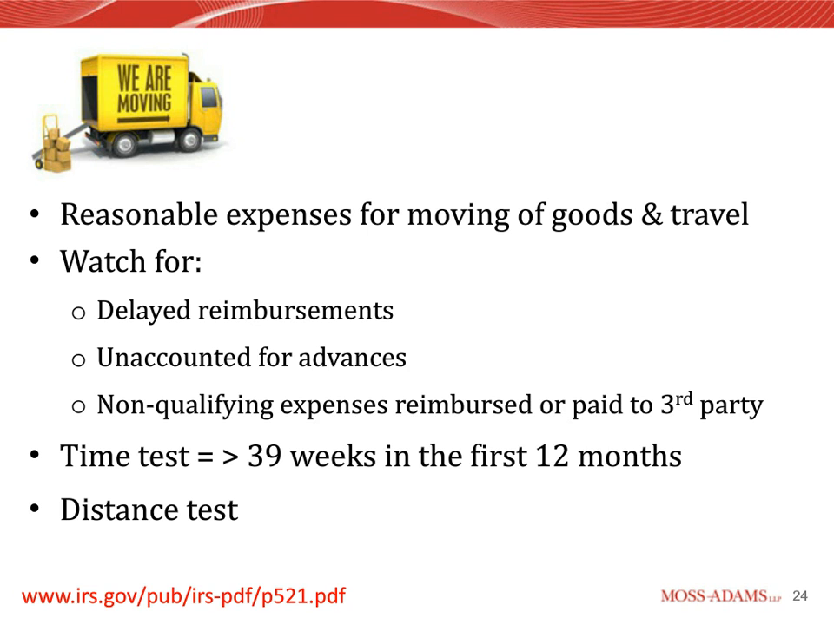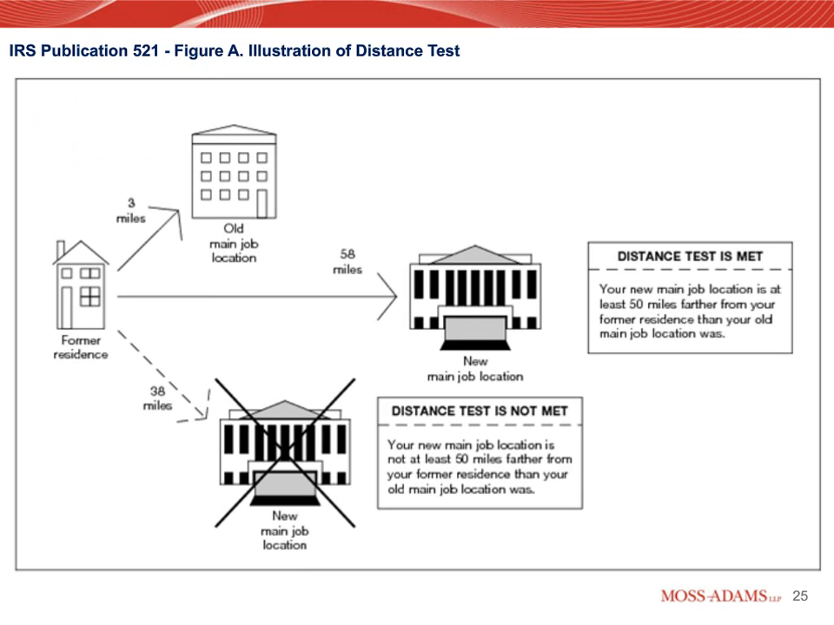The last piece is the distance test, and I thought a visual might be more helpful than me just talking about it. I find this is much more impactful. So former residents on the left, they used to have a 3-mile commute to the old job at the top. The new main job location is 58 miles away in the middle of the screen. They have increased their commute from their former residence to their new employment by 53 miles, which is over the